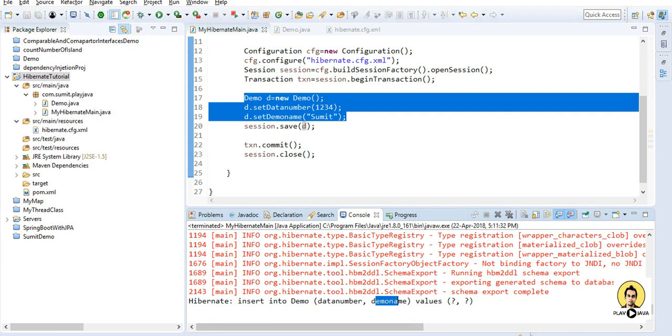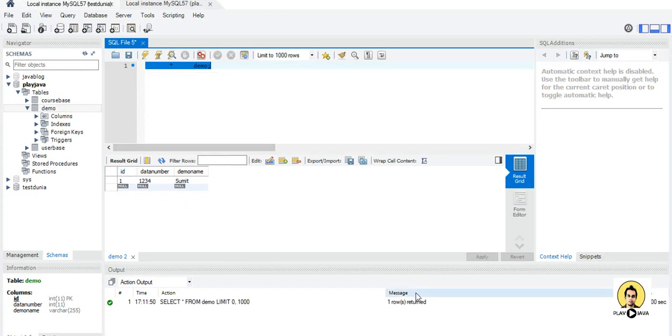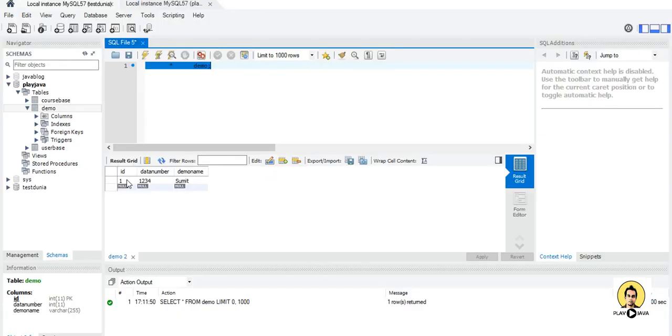When I run this query, see, initially it's null. We have got our ID which we provided as generated value. So Hibernate has created its own ID according to the need, that is 1, and data number 1234 and Sumit have been provided in the database.